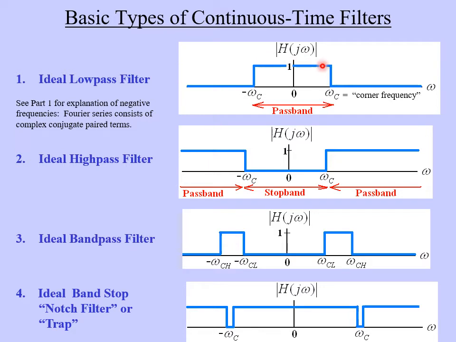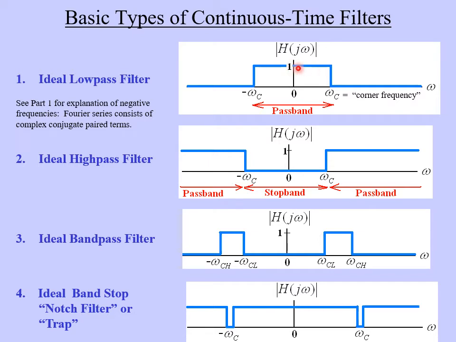These are plots of the filter's frequency response, and this is the magnitude plot. So you can see the absolute value bars around H of j omega. Notice what this frequency response does. It's very simple. It has a value of 1 for low frequencies, and then at some corner frequency, which we'll designate by omega sub c for corner, the filter basically shuts off and produces 0 output. So what this tells us is that any frequency between 0 and omega c, between 0 and the corner, will be passed by the filter,